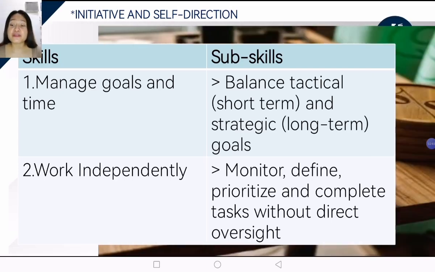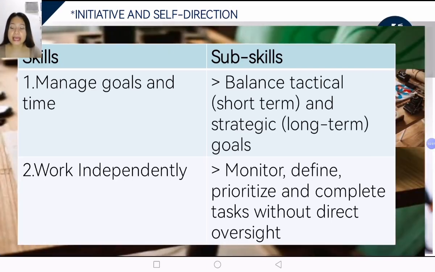Next is initiative and self-direction. So its main skill is to manage goals and time. And its sub-skill is to balance tactical or short-term and strategic or long-term goals. So managing goals and time is really important and should be integrated to students even in primary or secondary. It should be integrated onto them because it will always be timely and relevant, no matter what age. We really need to teach them how to manage their goals and time, how to make goals and how to make time, because balancing it is a big achievement and is really considered a 21st